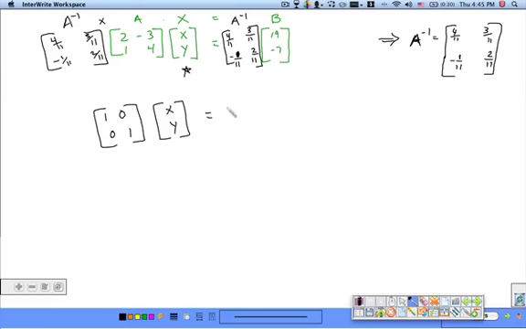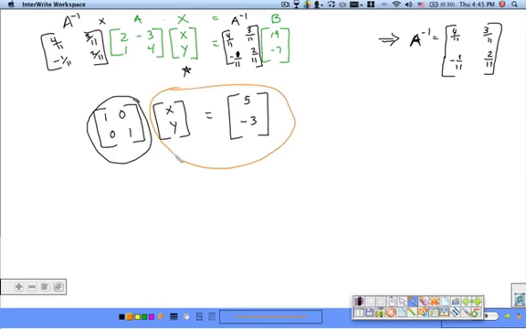Left with this equal to, now you have to go find the answer to this. Now for time's sake, you can just type this in the calculator. 2 by 2 times a 2 by 1, and you'll get the answer right here. The answer is 5, -3. Now notice what's going on here. This is like 1. You don't even have to look at this. 1 times xy is just xy. So basically you have this. xy